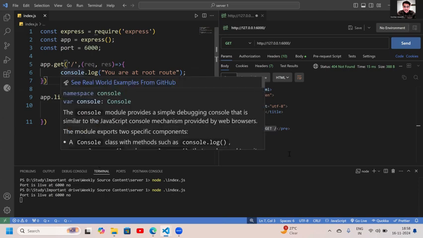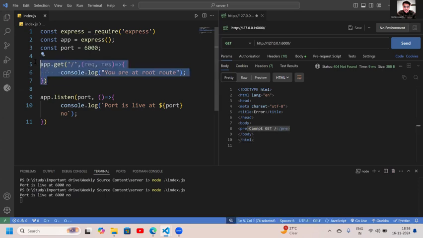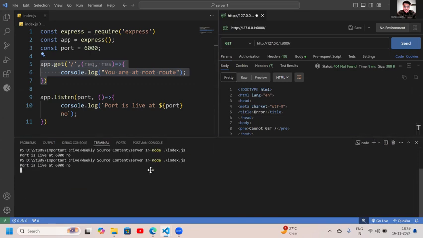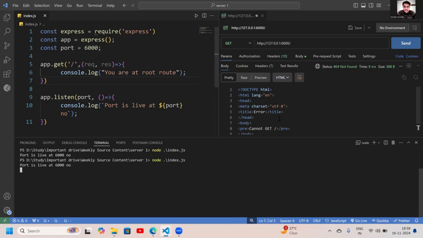तो अब देखो मैंने क्या किया, सर्वर अभी मेरा 6000 पे है। फाइल में मैंने गेट राउट बना दिया। अब मैं रिक्वेस्ट सेंड करूं अगर, तो देखो तब भी मुझे ये बता रहा है कि कैन नॉट गेट स्लैश राउट। लेकिन अब की बार मेरा स्लैश राउट डिफाइंड है, तो ये क्यों बता रहा है? वो इसलिए क्योंकि मैंने जो सर्वर लाइव किया वो पुराने कोड के बेसिस पे चल रहा है। मतलब मैंने अपना कोड ऐड तो कर दिया है, लेकिन वो पुराने कोड बेस पे लाइव है, जब ये लाइन नहीं लिखी थी। तो हर बार जब मैं कुछ भी चेंजमेंट करूँगा, तो मुझे वापस से इसको कट करके दोबारा नोड से रीरन करना पड़ेगा।